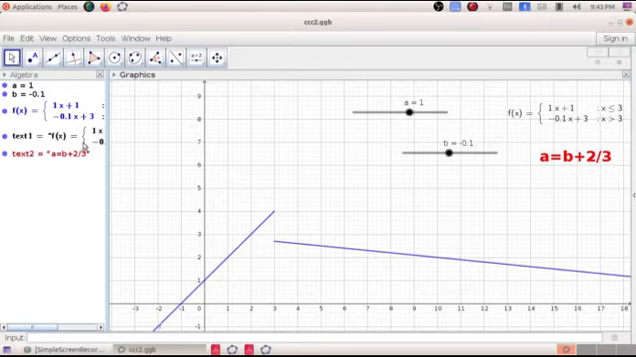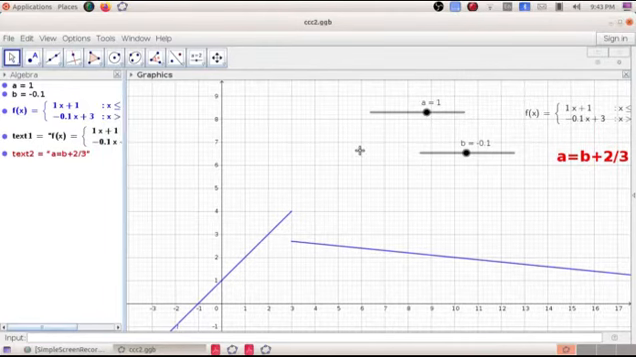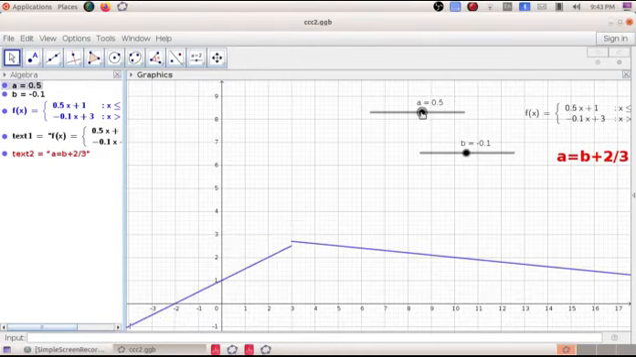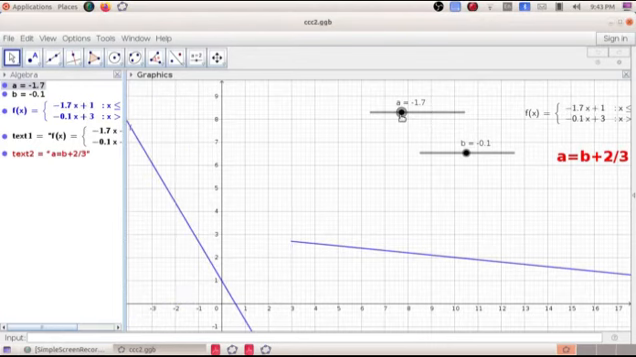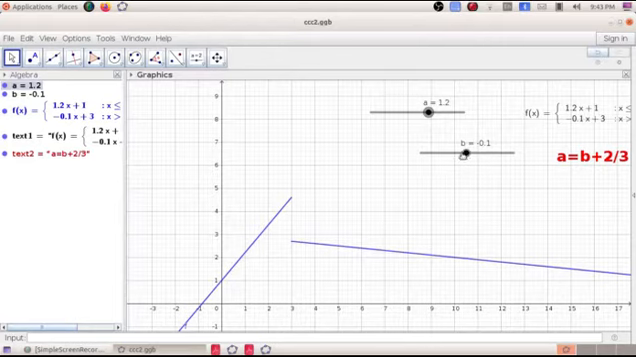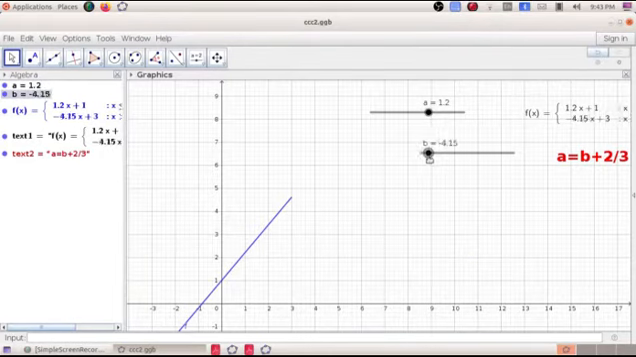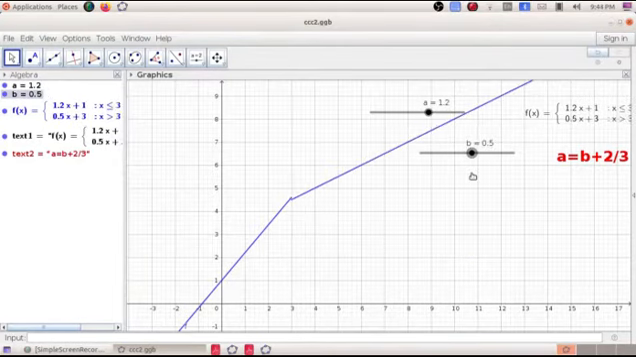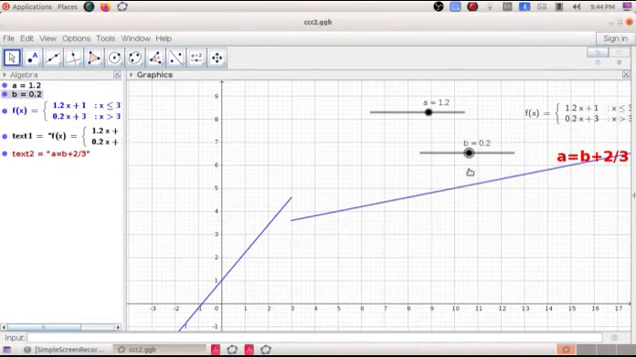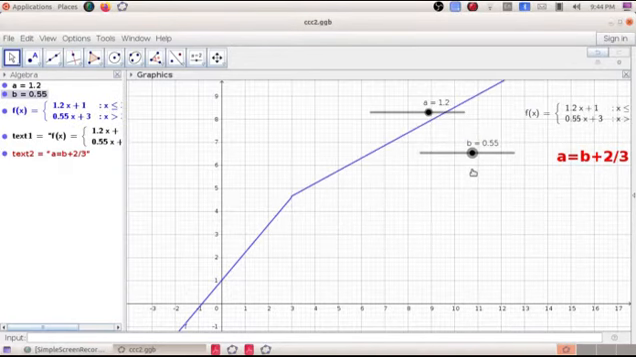That means for all real numbers less than or equal to 3, the function is ax plus 1. For all real numbers greater than 3, the function is bx plus 3. Now, we can see that if a changes like this, the first function changes like this. Similarly, if we change b like this, here the second function changes like this. Now if you take this point, that means